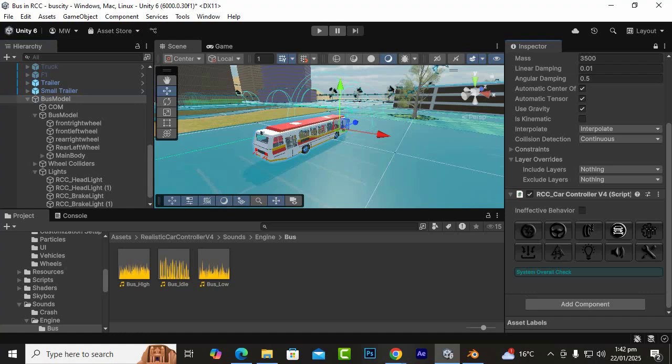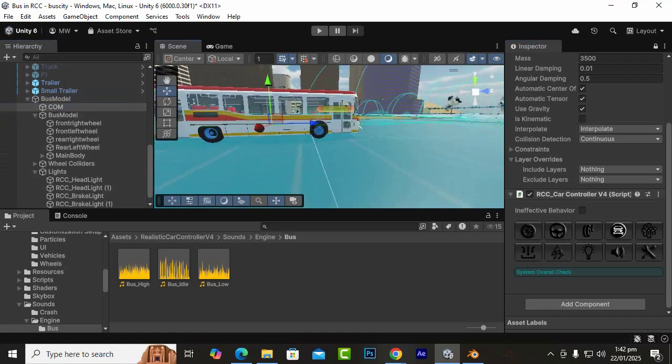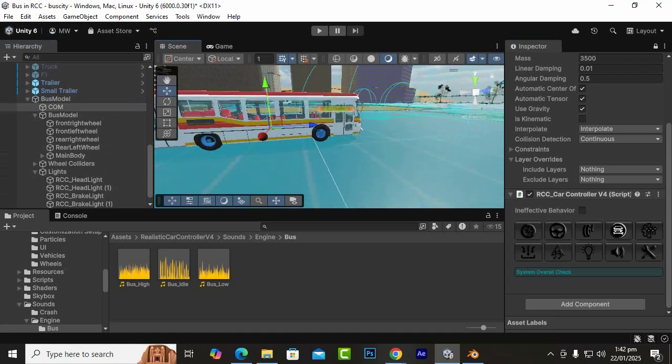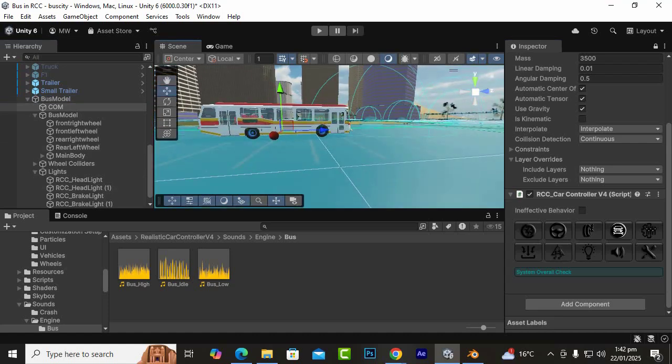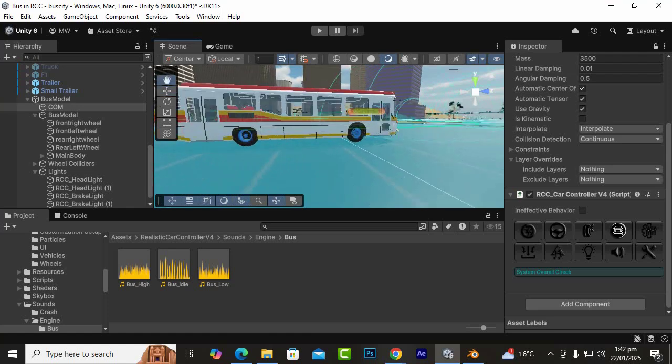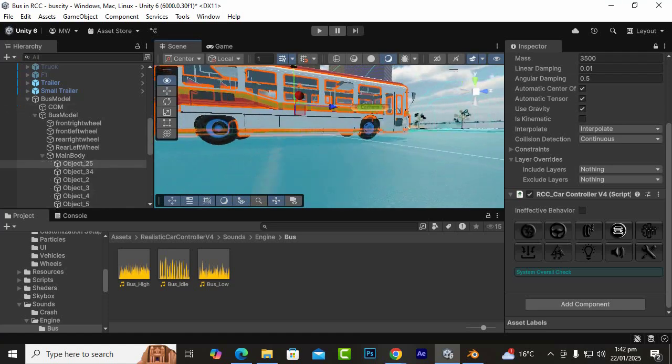System overall check, although it's fine, but composition is also fine. I think we can just move it here, a little bit back. It's actually the colliders, I think, and